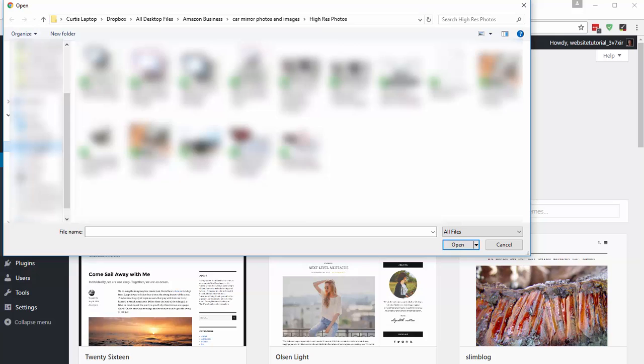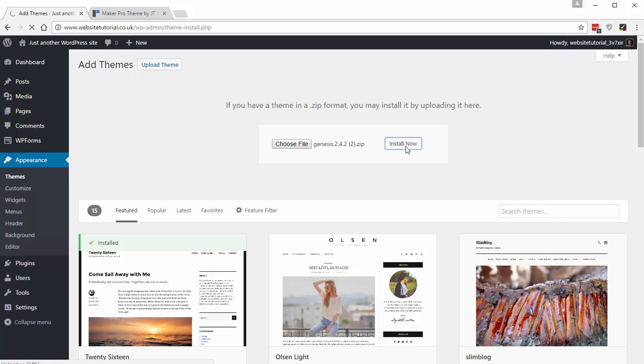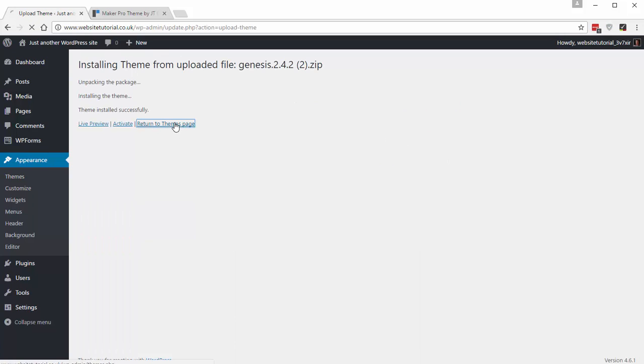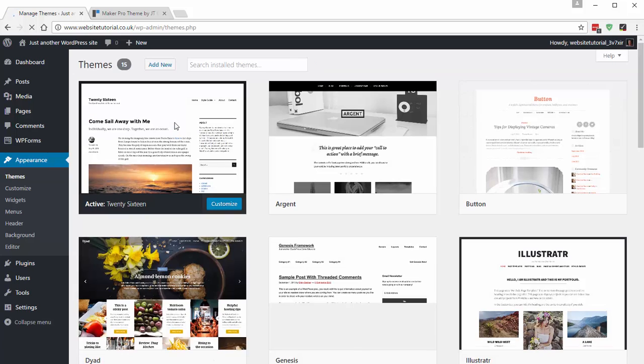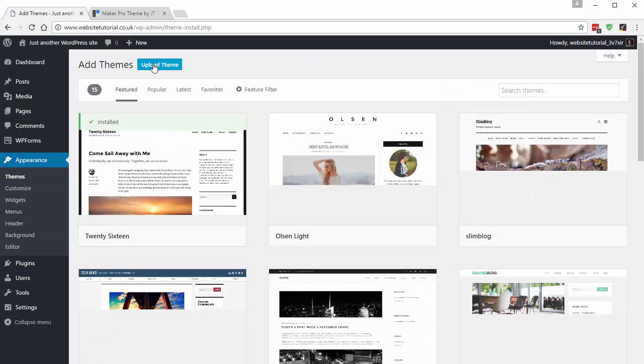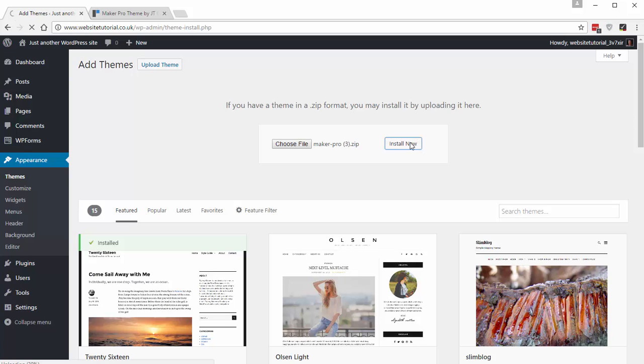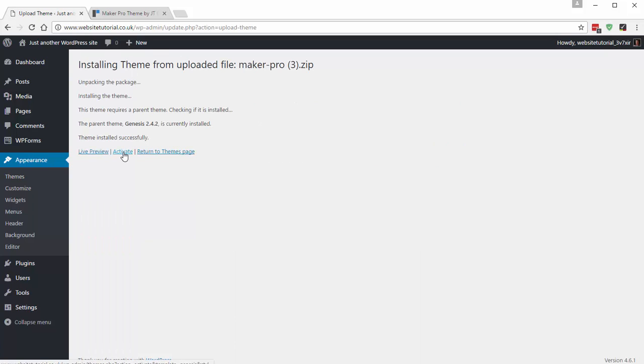It's gone to my download section. First of all, I'm going to do this Genesis framework, open that, install it. Then I'm going to return to the themes page, and we're going to install the Maker Pro theme that we've also downloaded. So again, add new, upload theme, choose file, Maker Pro. I'm going to install it. This time we're going to say activate the theme because we actually want to use it. So activate,